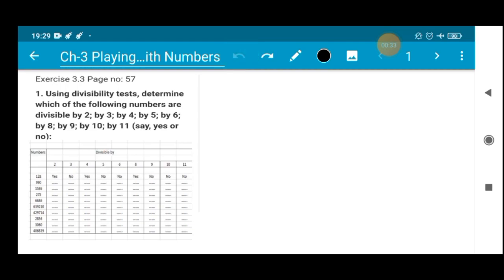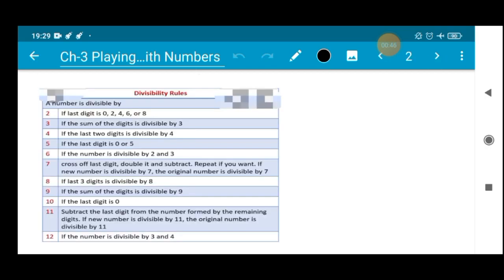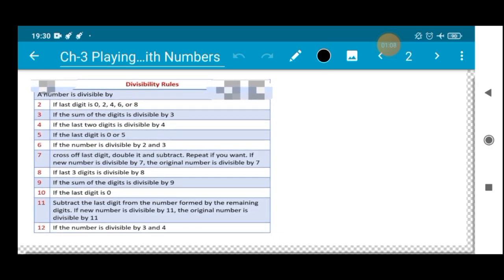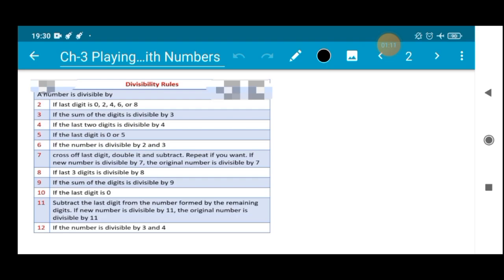Before doing this, we have to remember what the divisibility rule is. We have to understand it, and then let's solve this one by one using the concept of divisibility rule. A divisibility rule is basically to check whether any given number can be divided by certain numbers or not. Starting from 2, they have said to check whether the number is divisible by 2, 3, 4, 5, 6, 7, 8, 9, 10, 11, 12. So the question will be there, and according to it we have to justify the questions given.